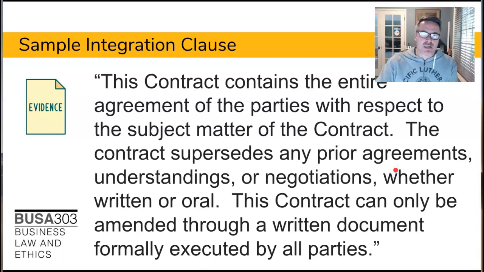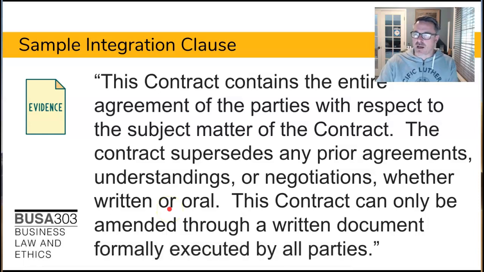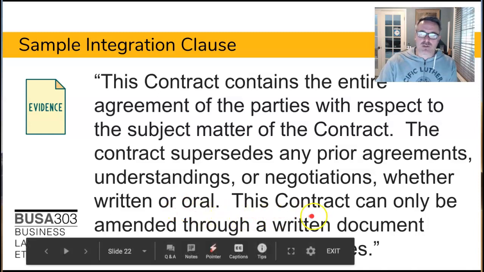So I have an example here. This comes from a real contract. And so you'll see it says, this contract contains the entire agreement of the parties. So it's saying that everything we agree to is in this document. With respect to the subject matter, the contract supersedes any prior agreements, understandings, or negotiations, whether written or oral. So you can't say, well, I know I signed this document, but what I really meant was what we were talking about right before we signed it. We all agree that this document represents the final agreement, and that you can only amend this contract through a written document. Okay, this is a classic integration clause, and the purpose of it is to make sure that